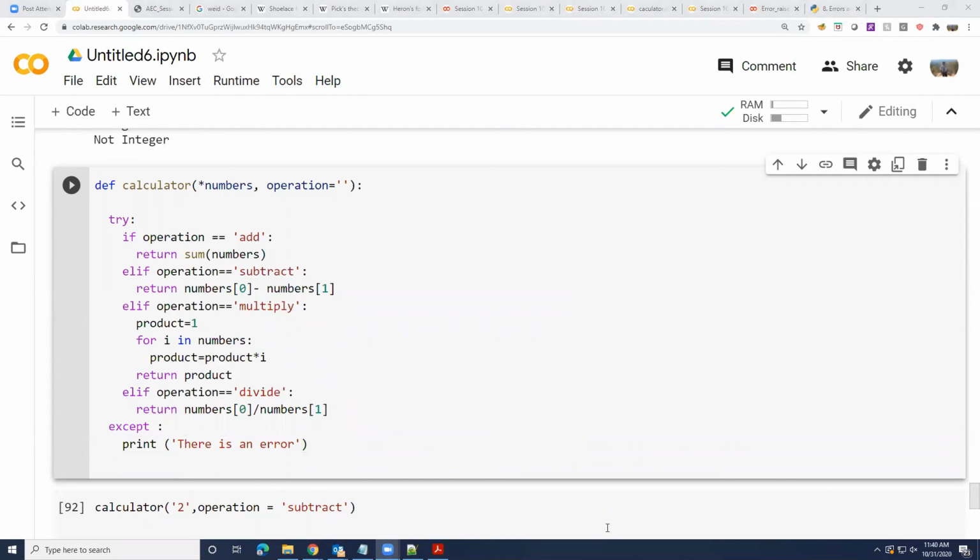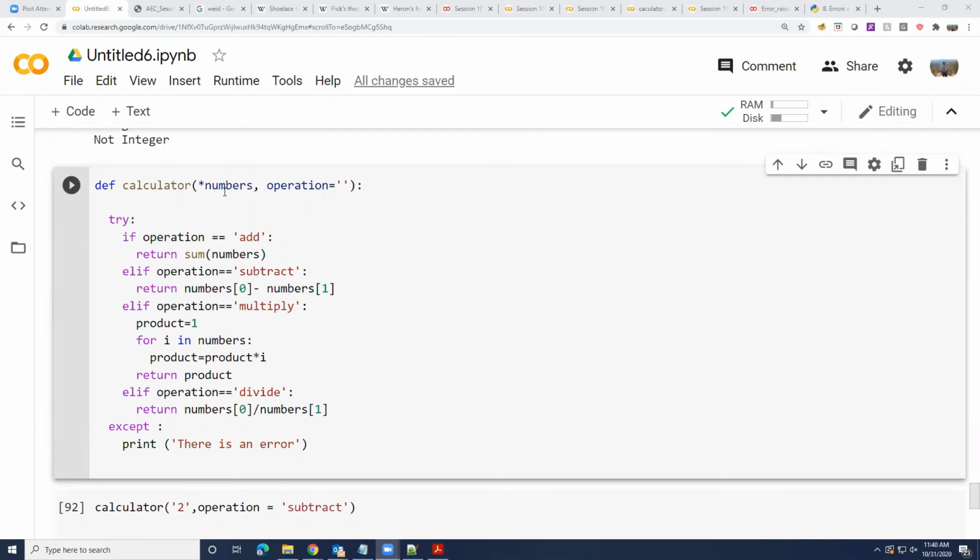Unknown errors, what are unknown errors, right? If you don't know what you don't know, that's unknown error. Somehow when this program is running, let's say the computer runs out of memory. Is that something you can handle for? Probably not. Let's say you gave 1 billion numbers as input to your calculator function. It would most likely run into an error. But does 1 billion break it or does a trillion break it? You don't know that, right? Because it depends on where you're running it.